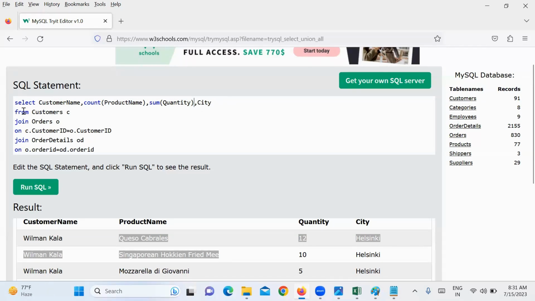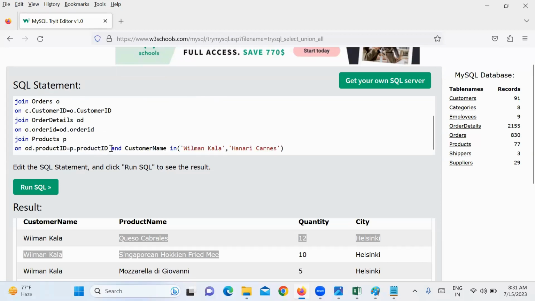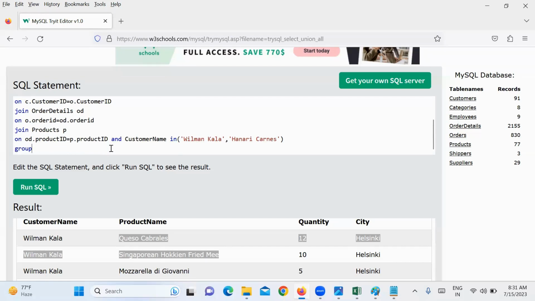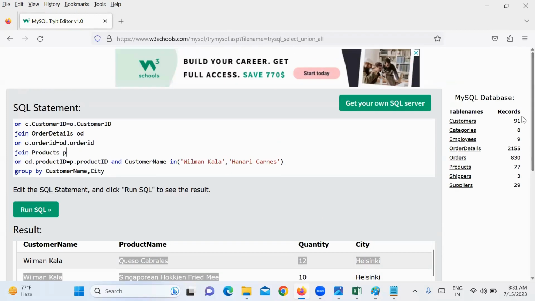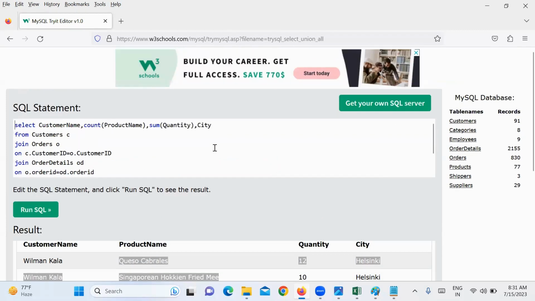Then from all these conditions, at the last you have to write group by customer name, comma, city. City also, the same for Willman Kala. You have to group this also, right? So this on join